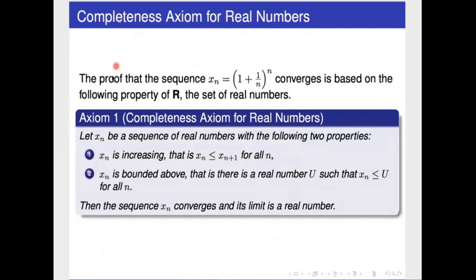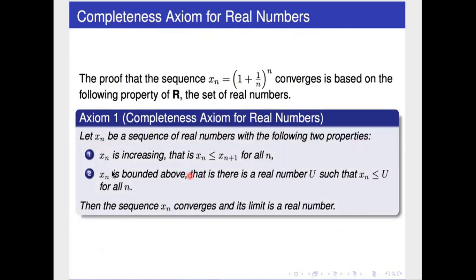Well, the proof that the sequence x_n equals (1 + 1/n)^n converges is based on a property of R, the set of real numbers, known as the completeness axiom for real numbers. By this axiom, let x_n be a sequence of real numbers with the following two properties: